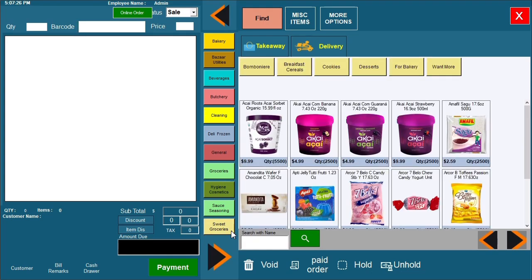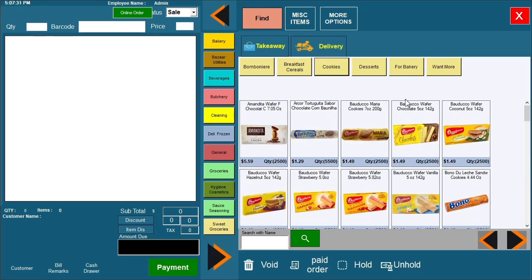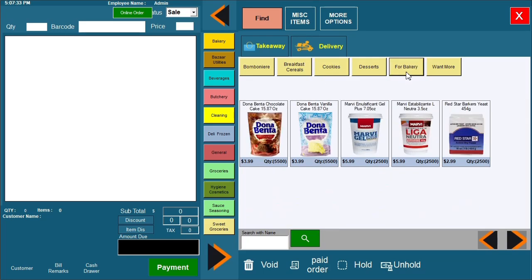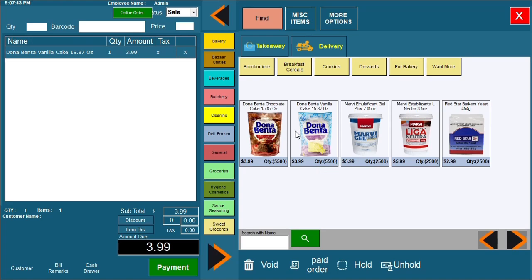You're able to click on the category. You can click, for example, in cookies, start to show cookies. You're able to see bakery, start to see bakery. Here in this screen, show up the product name, the image, the final price, and the quantity available. When you click on these images over here, it starts to show over here on the invoice screen in here,